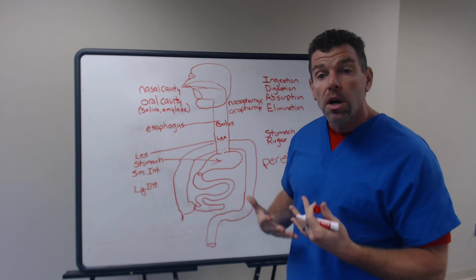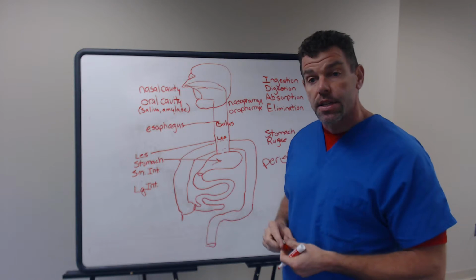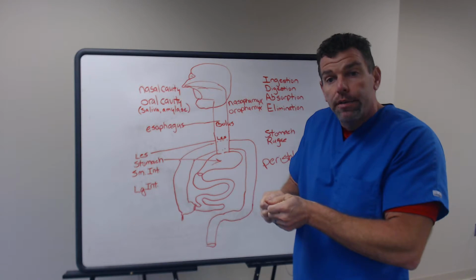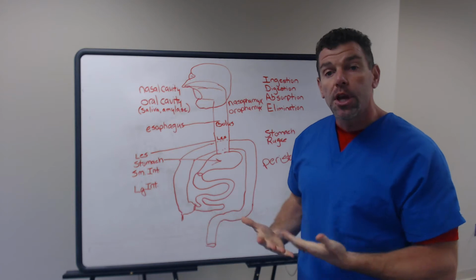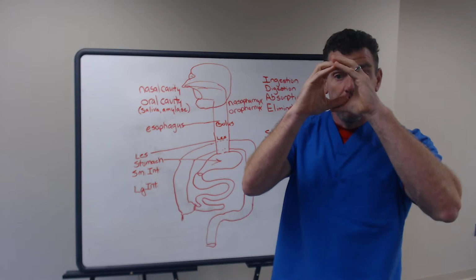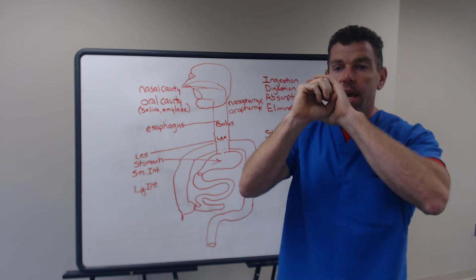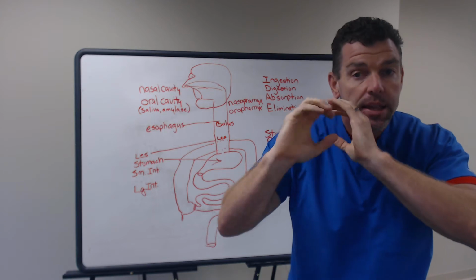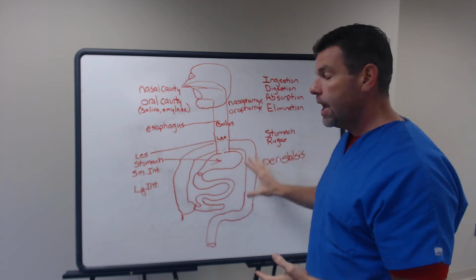Peristalsis are muscular actions performed by smooth muscle throughout the entire length of the intestines. And for lack of a better way to put it, if you've ever started at the end of a toothpaste tube and squeezed the toothpaste forward out the opening at the end of the tube, that's how peristalsis works. Rings of muscle, smooth muscle in this case, around the intestines squeeze and it moves the food stuff forward just a little bit, and then another ring of muscle contracts that pushes it forward just a little bit, and ultimately all the way through the small intestine and the large intestine.